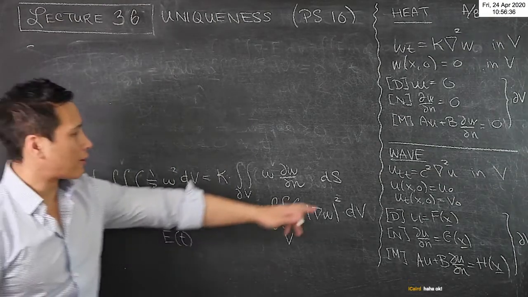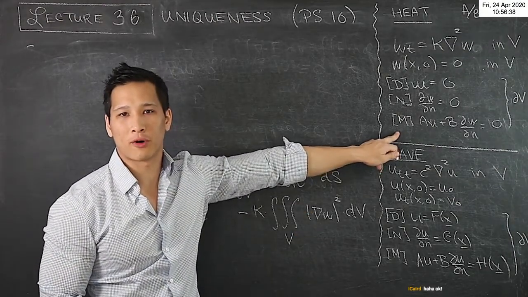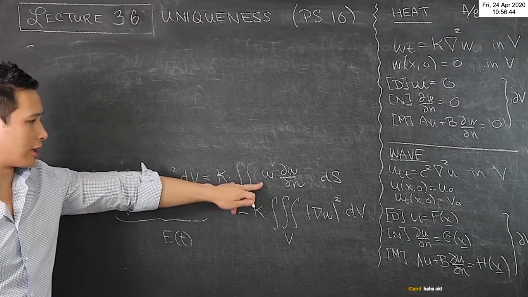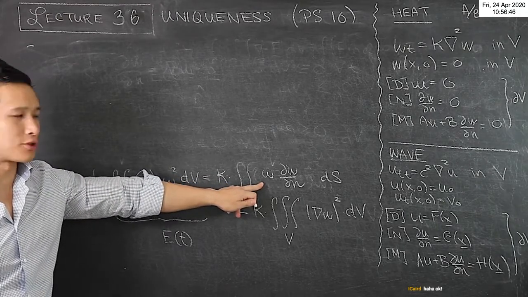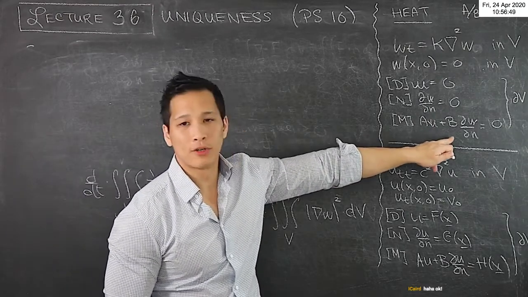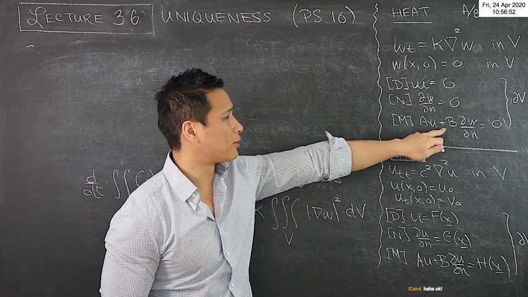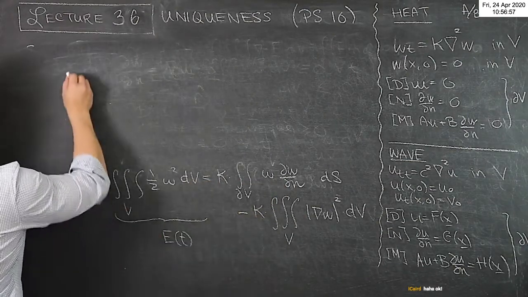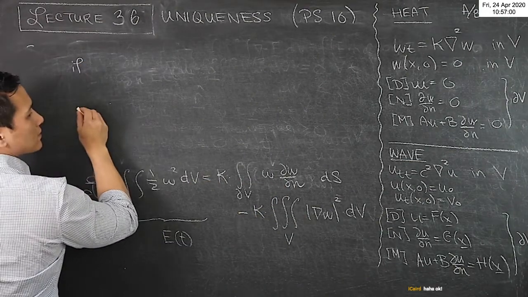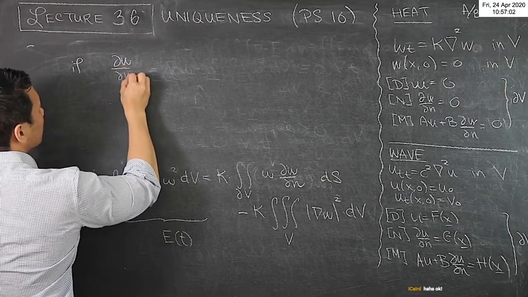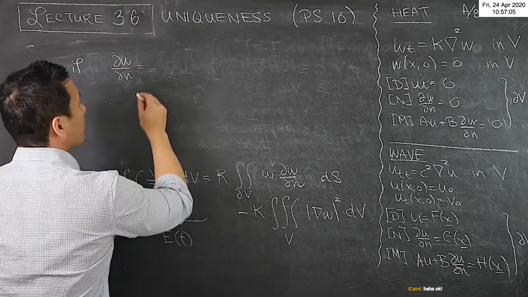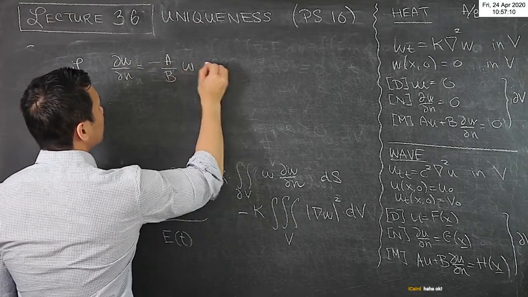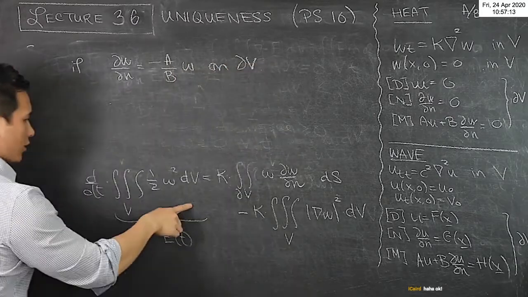Okay, so we now have to deal with the mixed condition, and the mixed condition just requires one extra step. You go back to this line here, and instead of being able to claim that this first term on the right-hand side is equal to 0, you now have a substitution to make either for w or for dw/dn. If I know that dw/dn is equal to minus a over b times w on the boundary of D,